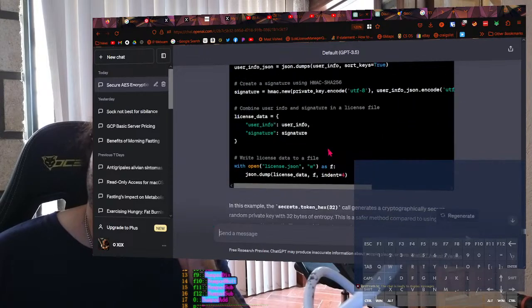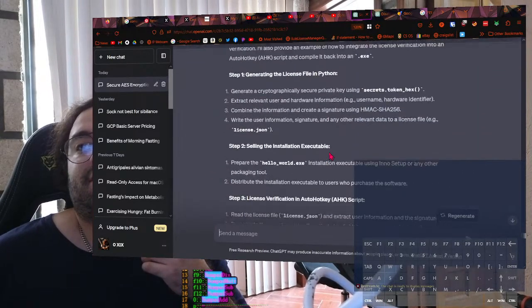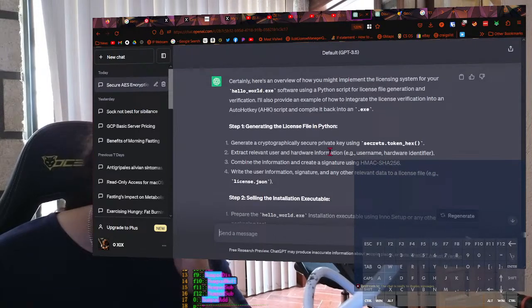So once we create one license, distribute that license as JSON. So if you want a license,